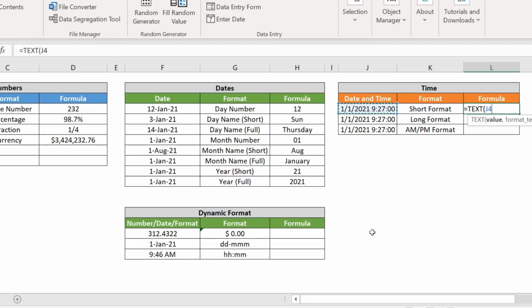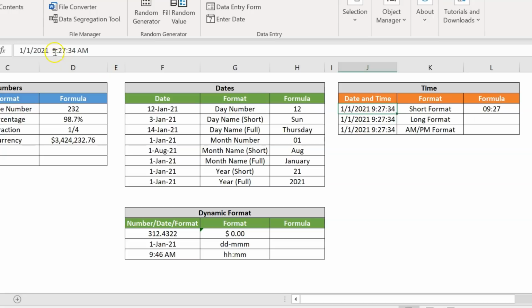Let's take this date and time from here and we can use HH:MM. So it will show hours and minutes. Okay, let me show you. So it is showing hours and minutes only. If you change the seconds here, let's say I'm taking 34 seconds, it will not show the seconds. It will just show the hours and minutes.